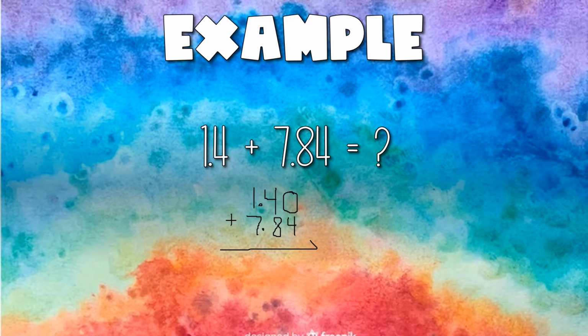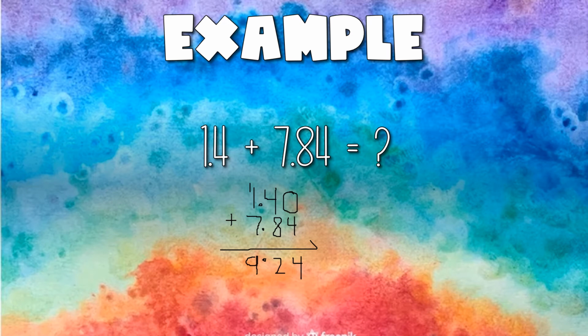I'm going to drop them down to my answer, which is also known as my sum. And then I'm going to add like usual. So 4 plus 0 is 4. 8 plus 4 is 12. Carry that 1. And 7 plus 1 is 8, plus 1 is 9. So our answer is 9